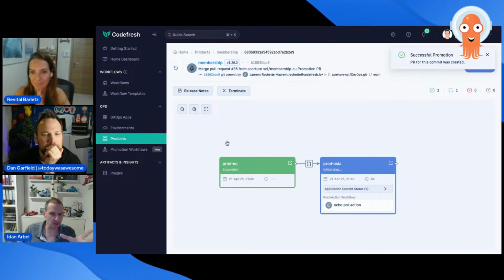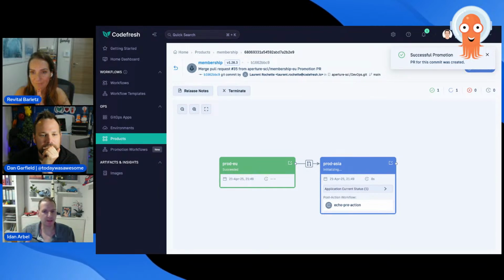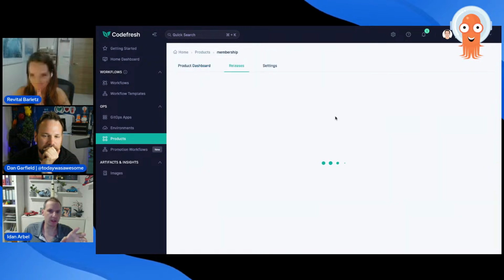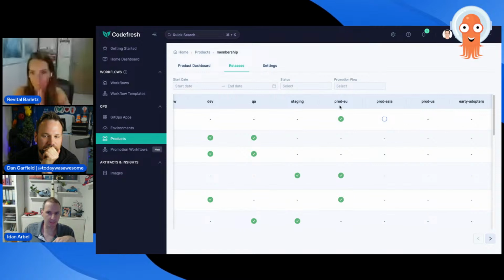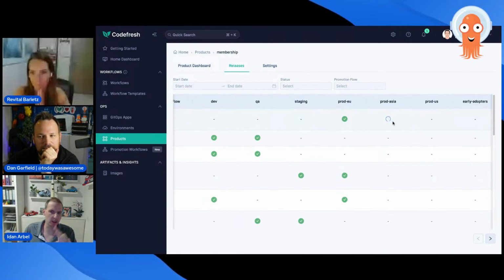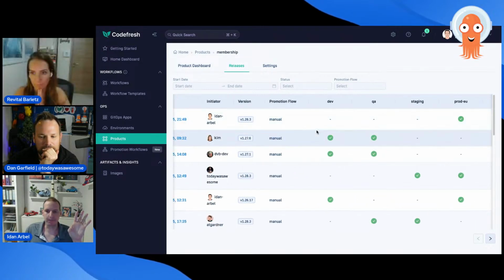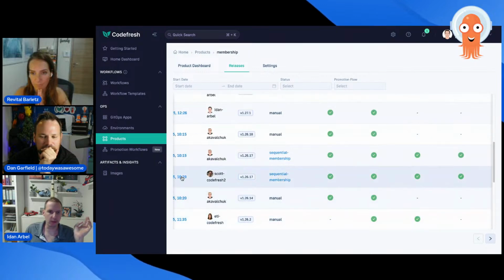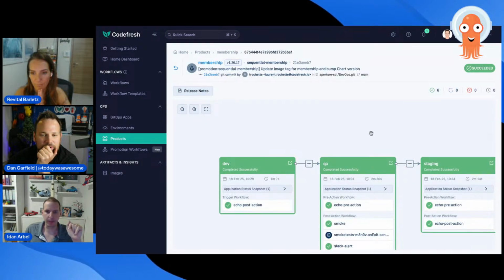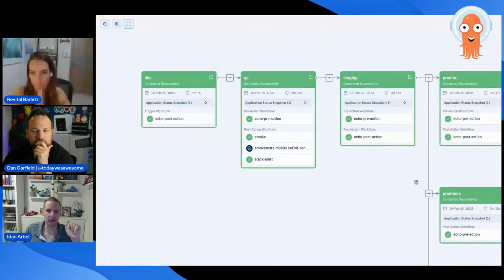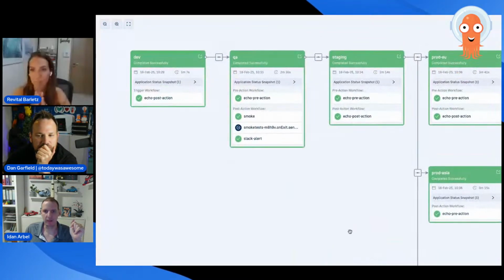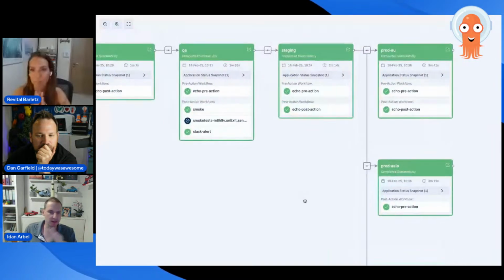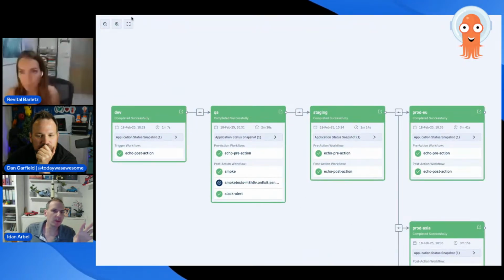This is our releases screen. Every time Codefresh GitOps Cloud does a promotion, we see a release that happened here. I can go and see here the history of all the releases and what environments they were deployed to. Right now, we're deploying between Prod EU and Prod Asia, and that's waiting. Let me see. So let's go to this one. This is a nice one. I've got here a bunch of, let's actually go to full screen, 6 different environments going on here. Some of them in parallel, some of them sequential. There's dependencies built in.